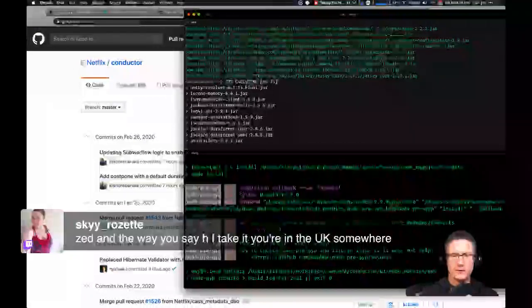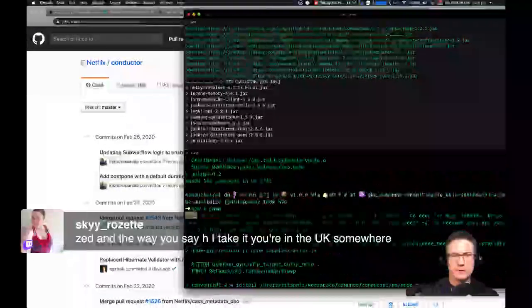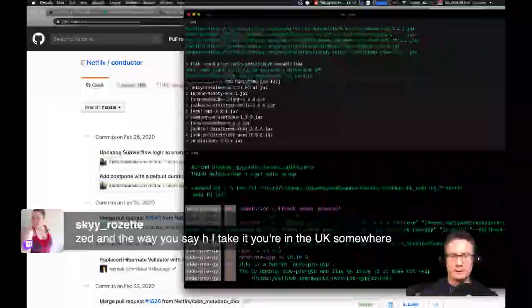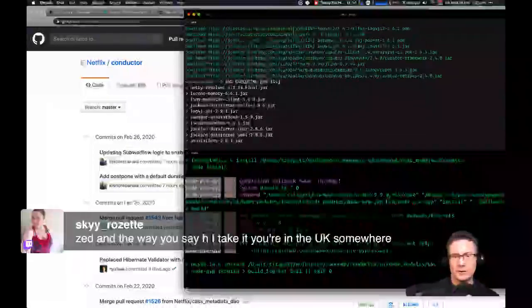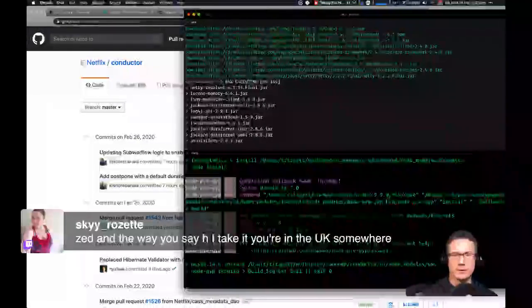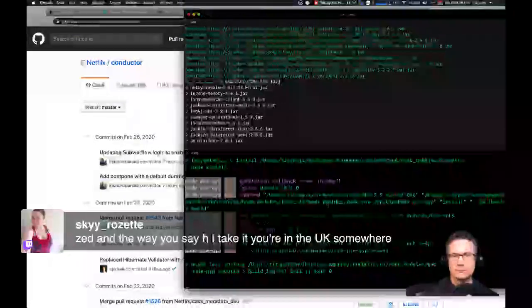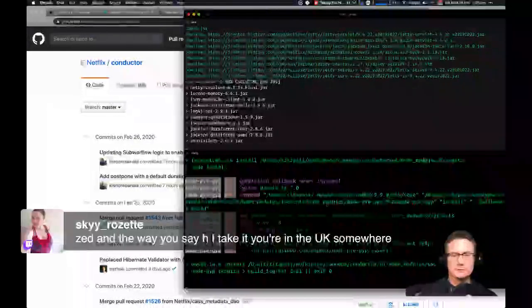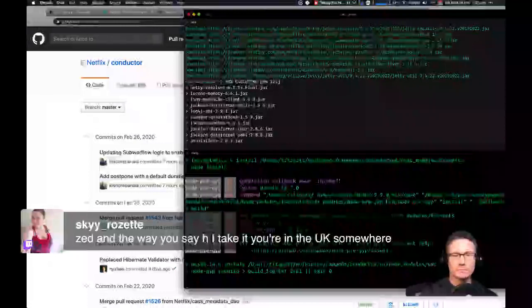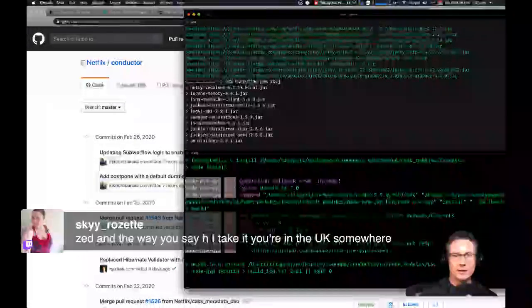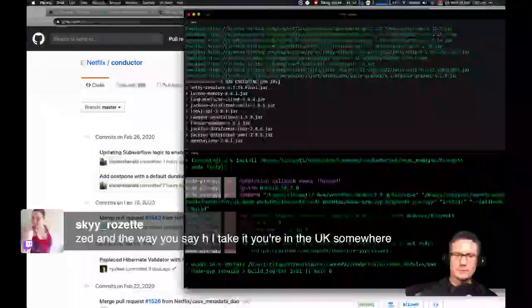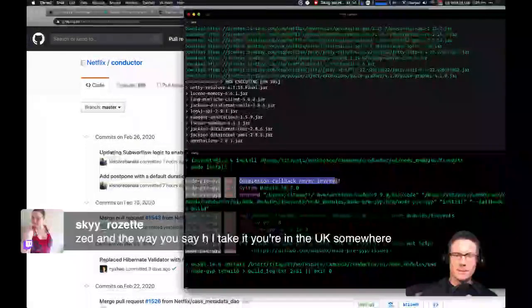Okay, it doesn't look like it's a fatal error because it hasn't bailed out of the whole process, so I'm just going to ignore that for now. This is a bug in Node pre-gyp. Okay, well that's interesting.